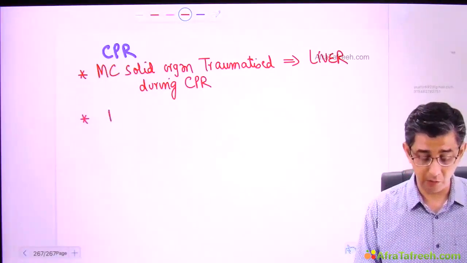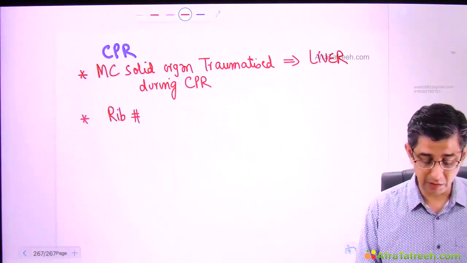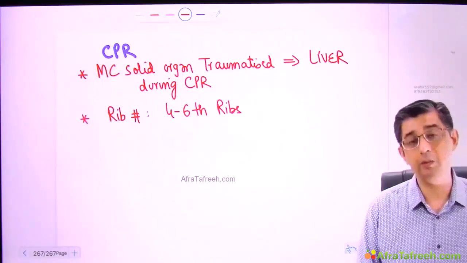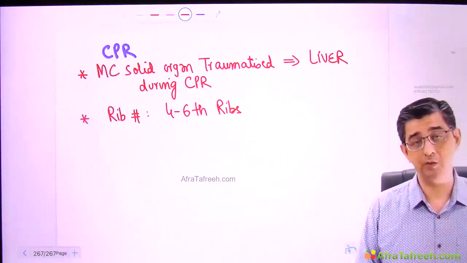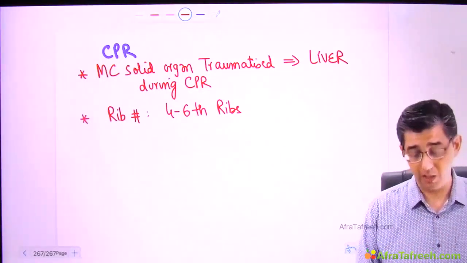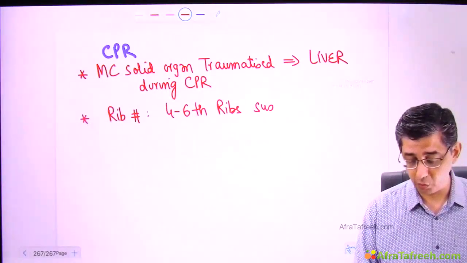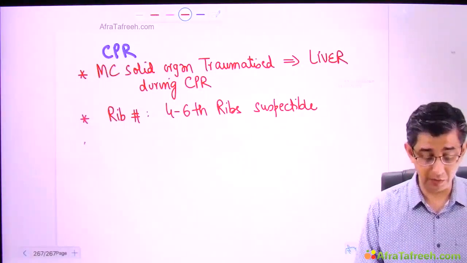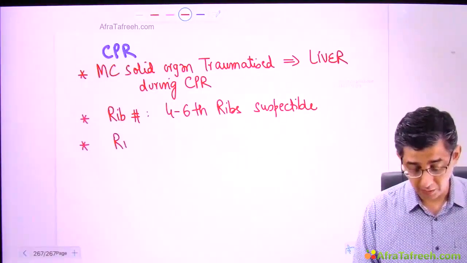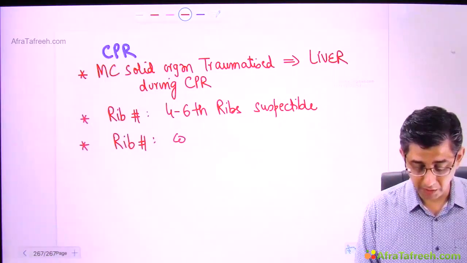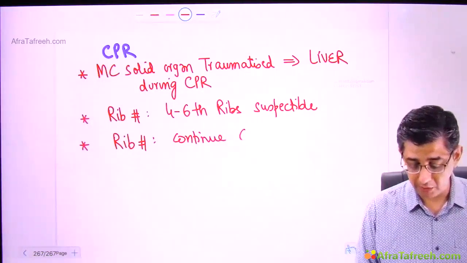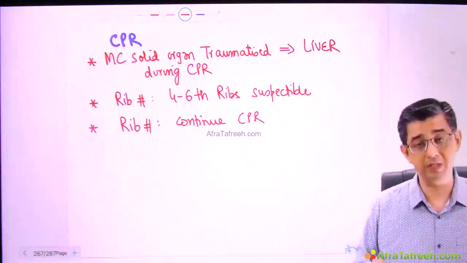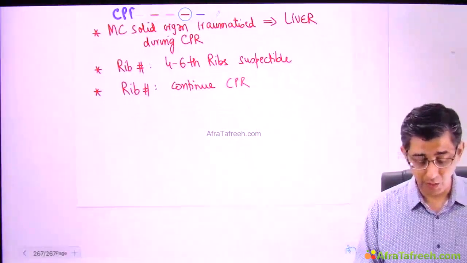At the same time, they have also asked which rib is commonly fractured in CPR. Though any rib can break, the 4th to 6th ribs are more liable to crack or break because they are at an angle. So angulated ribs have more susceptibility to get fractured. But suppose the rib is fractured, what will you do? Even if the rib fracture occurs, you are not going to discontinue CPR. The CPR activity will definitely continue, and it would be better that somebody more trained than you takes over the activity. But the message is that when it comes to children,